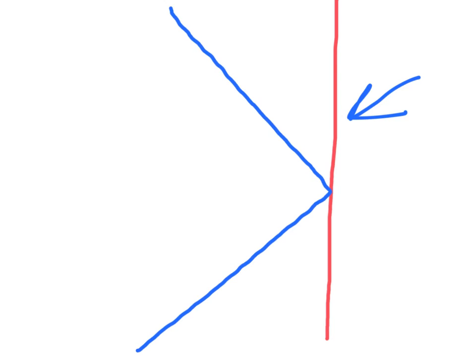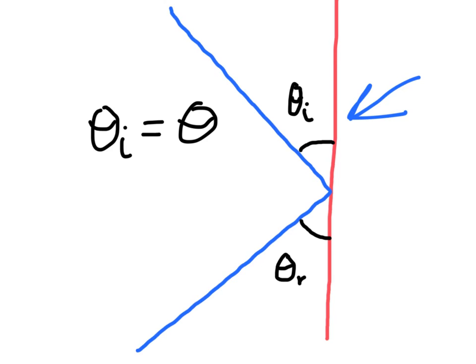We can identify two angles in this picture. Here is the angle of incidence, we'll call it theta I, and here is the angle of reflection, we'll call it theta R. The law of reflection states that the angle of incidence, theta I, is equal to the angle of reflection, theta R. This simple rule can be used to describe the properties of much more complex surfaces, such